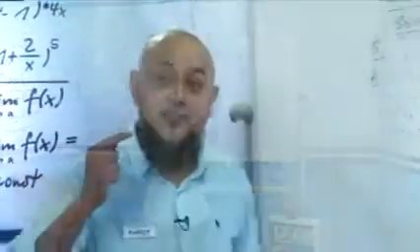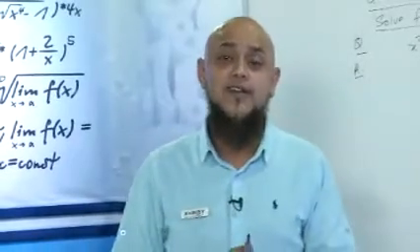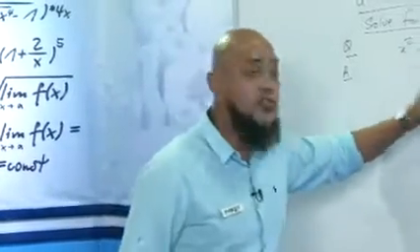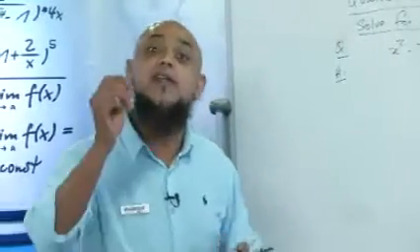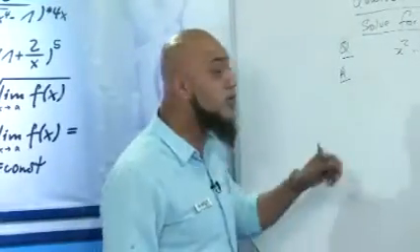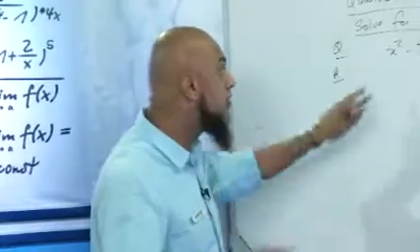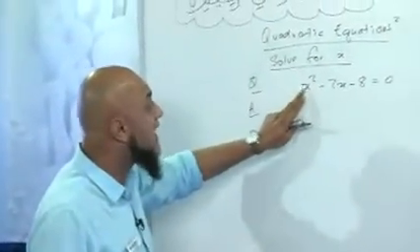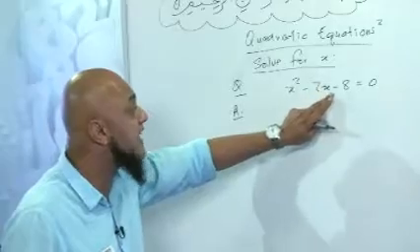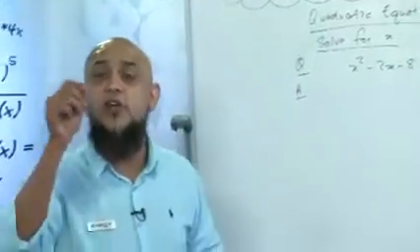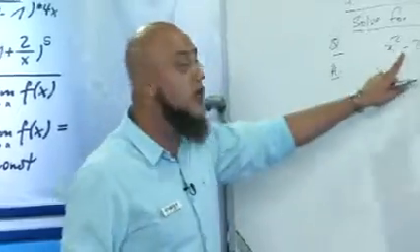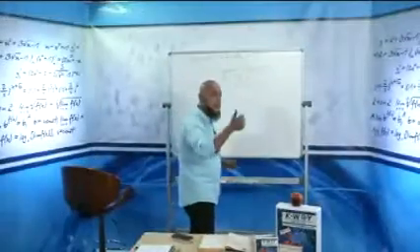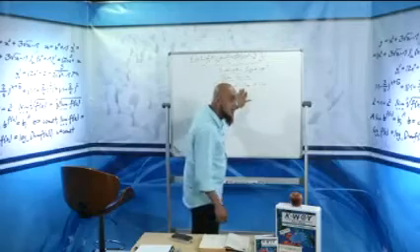Because boys and girls, if you do not know how to factorize, if you do not know how to get your solutions here in quadratic equations, you won't be able to do functions. Neither will you be able to do trigonometry in paper 2. Grade 11s and 12s, you should know by now that this could also look like sine squared x minus 2 sine x minus 8 equals 0. And then the question may ask you, give the general solution. So you need to know quadratic equations in order to do functions, because that is a parabola too. But in any case, don't worry about that right now.